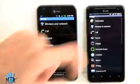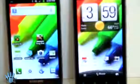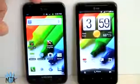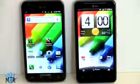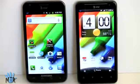If you take a look compared to the HTC, quite a difference right here in size. So, in terms of reception, don't be fooled by the bars that you see right here. The thing is, we have only one LTE-capable SIM right now, and that's in the Galaxy Skyrocket. This one's just running a regular, non-LTE SIM, rather. They both have really identical reception on HSPA Plus and on LTE. Either way, you're going to get the same number of bars, the same number of dB for signal, and